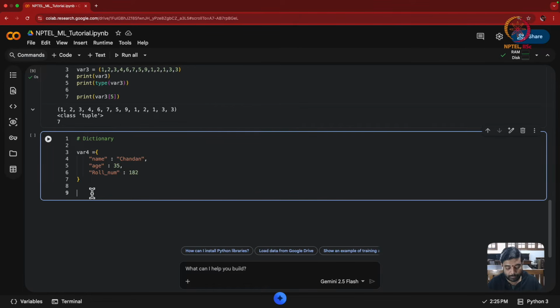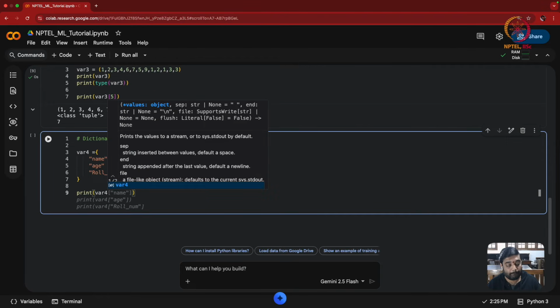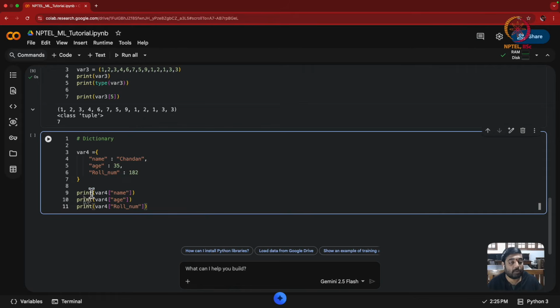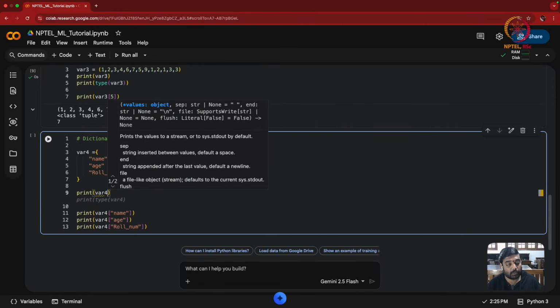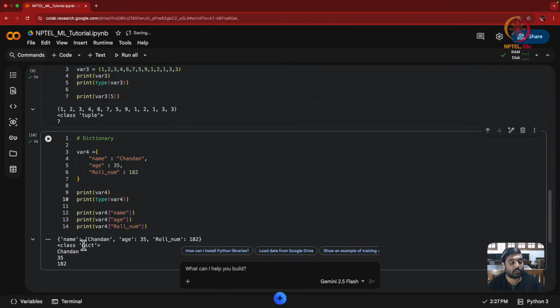So now print var4 if you want to access the name. Okay, as I told you, it is ordered via keys. Now if you want to access the value, you have to access it via key. In addition to that, print the whole dictionary once and the type of it. Okay, so you access them via the